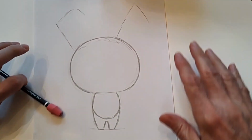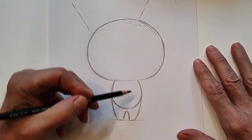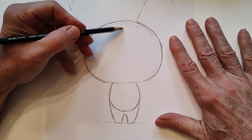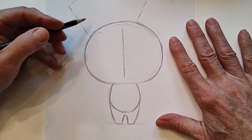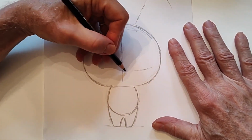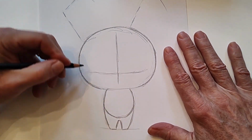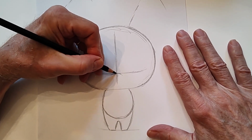We'll start off with the basic structure, just an oval, a small oval, and a giant head compared to a smaller body. So that's just to give you the basic framework, and we'll add the guidelines. Just bisect it in half for the center line, and then put the eye line way down here. See, it's good to have the guidelines because they remind you where everything should be placed in relation to everything else. So very low down, and to center it even more, we'll give a little bit of a bump there